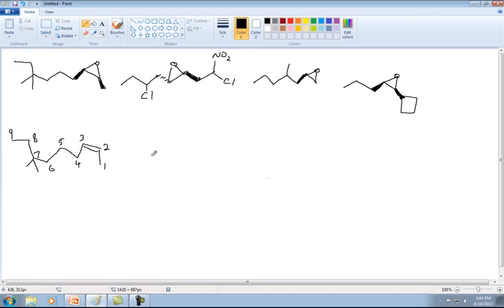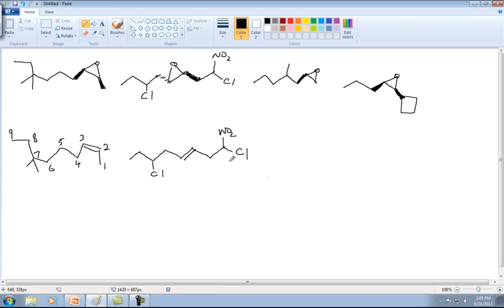Alright, looking at the next one. Again, I will go ahead and write out the alkene from which this would be prepared. So we've got that there, and the double bond would go where the O goes. And then we've got our substituent groups here and here. Alright, so that's the alkene, and again we're going to do the same thing as we did over here,